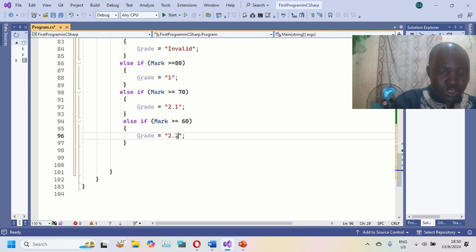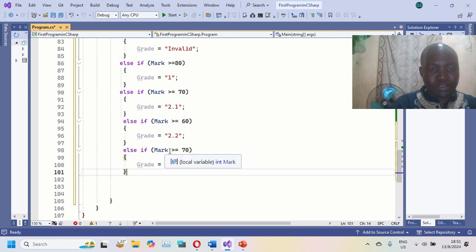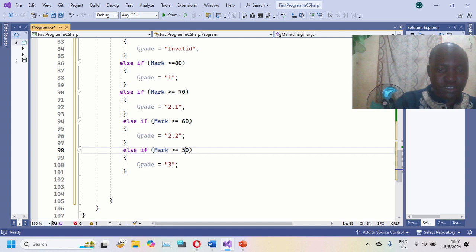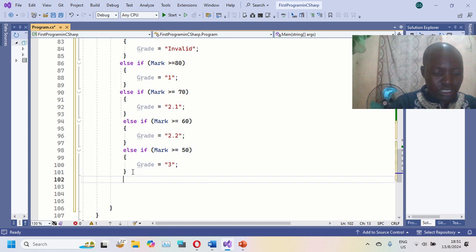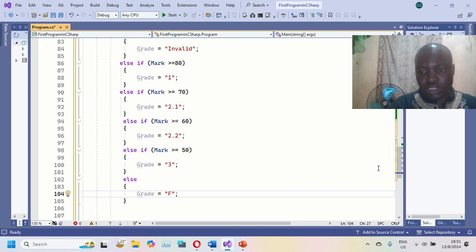Here we'll put 2, right, copy paste, right here we have 3, and the lower bound will be what, 50, and here no more condition, because this one becomes the